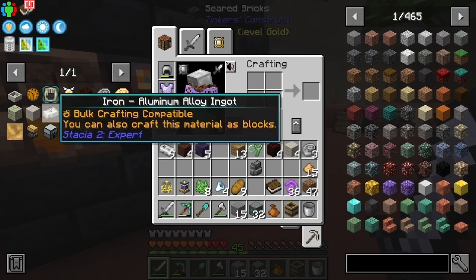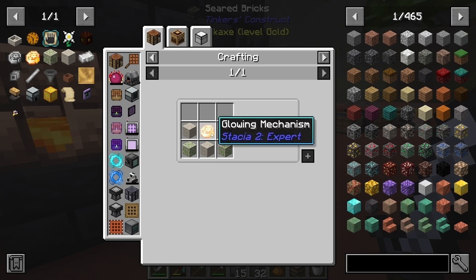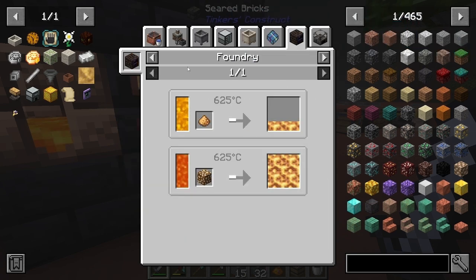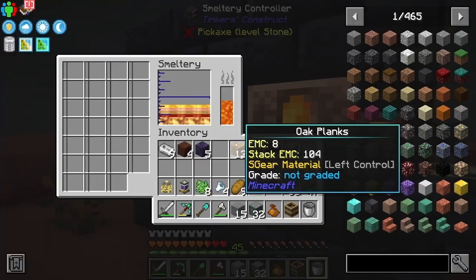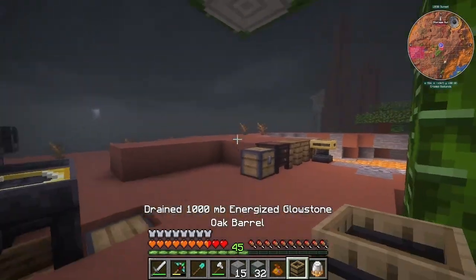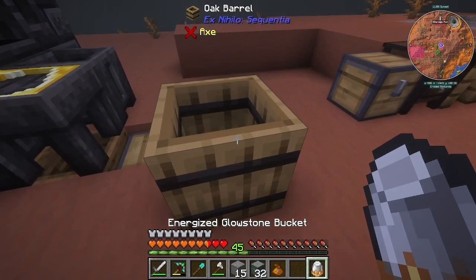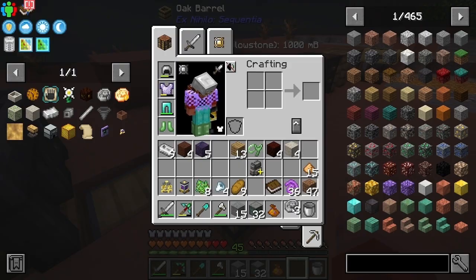But right now we're trying to get some energized glowstone so we can make some of this glimmering living rock and this glowing mechanism. So it's pretty simple. I mean, energized glowstone in the foundry, I guess, is what it's called. You first select your energized glowstone, and then you just click on the string, and it gives you a bucket. So once you have that, you can place this oak barrel down by Ex Nihilo, and you can put that in there. And then all you need to do now, I believe, is